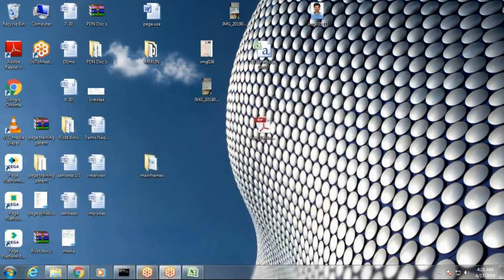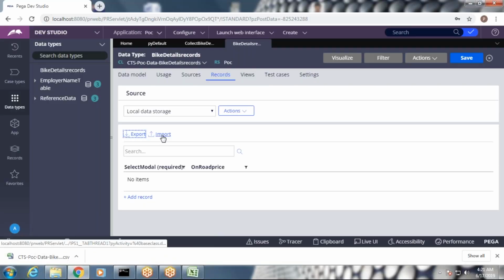So by using the export option, import options, we need to upload that file.